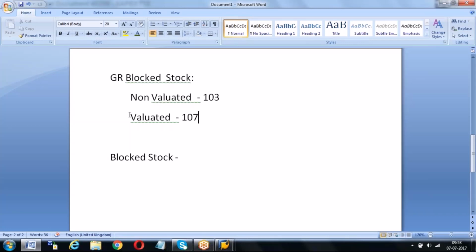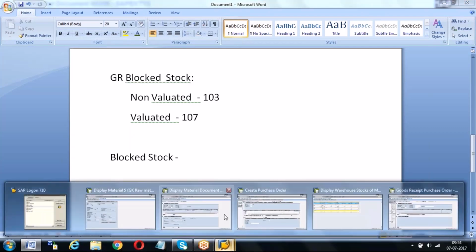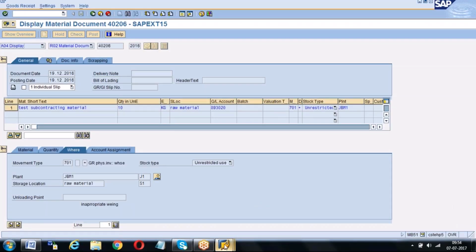Later on, in certain industries, with non-validated stock, sometimes vendor discussions go on for 1 month, 20 days, sometimes long discussions, some ego issues. They are accepting, they are not accepting, and the material is lying like that. Maybe for some purpose they want to show it as validated. Maybe for some other reasons certain industries requested it. Then SAP released the new movement type called 107. Once you do 107, the system will generate accounting entries.